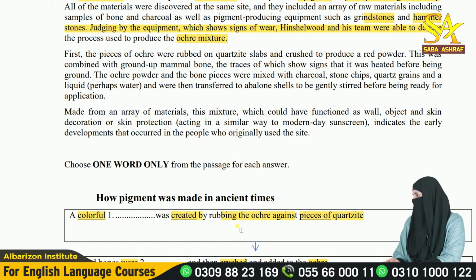Colorful and was created by rubbing the ochre against pieces of quartzite. Colorful means red, yellow, black. Let's read the passage and find the word colorful and was created by rubbing the ochre against pieces of quartzite. Let's read here first. The pieces of the ochre was rubbed on quartzite slabs and crushed to produce a red powder. Colorful